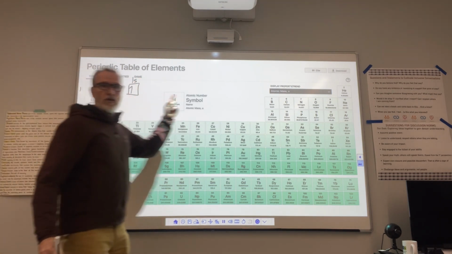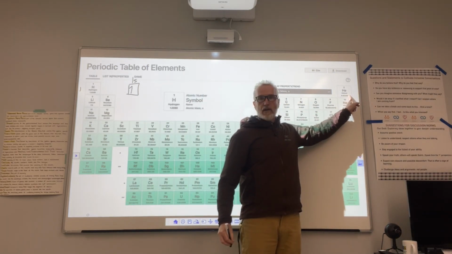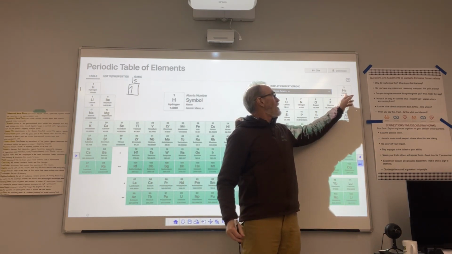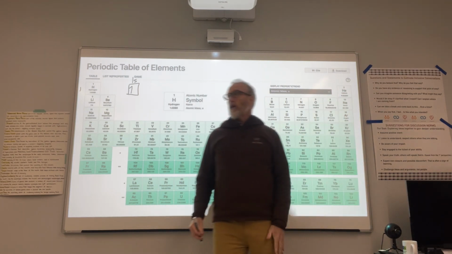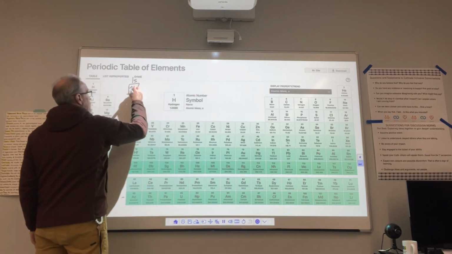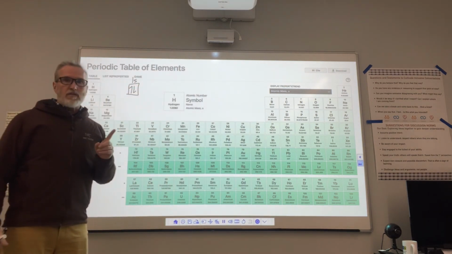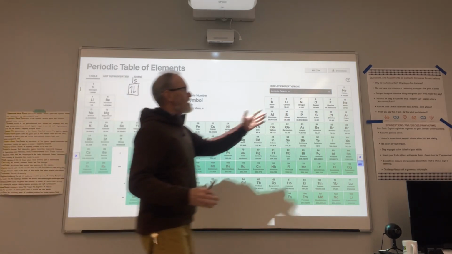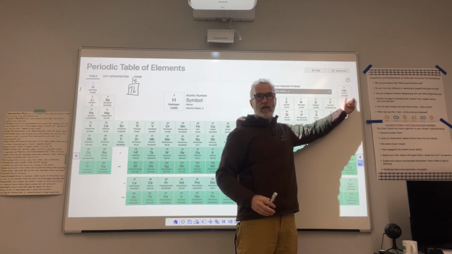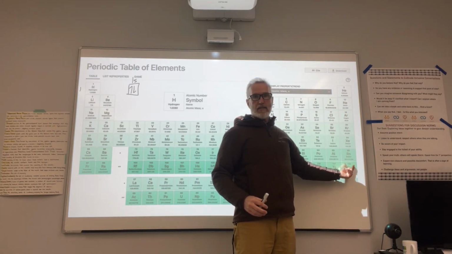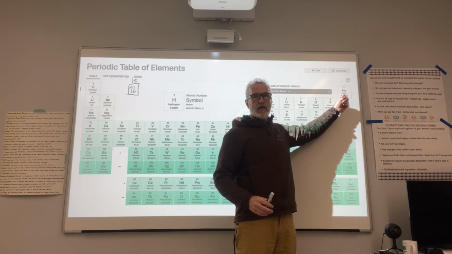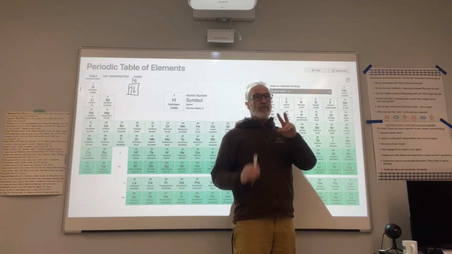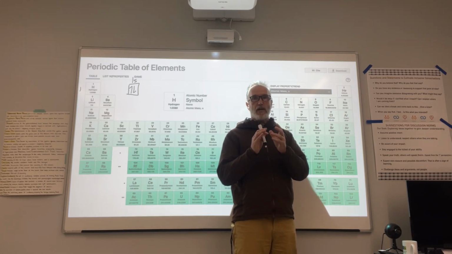When we move over to helium, which is all the way over here, we're still on the first period, that first row on the periodic table, but we now have 2 electrons in the first main energy level, s sublevel. That completes the first main energy level because it only has an s sublevel. Notice that we're at the end of the periodic table over here at the noble gases. Helium is a noble gas. It has 2 valence electrons. Those are in the first main energy level, s sublevel, and there's no more room for electrons in that main